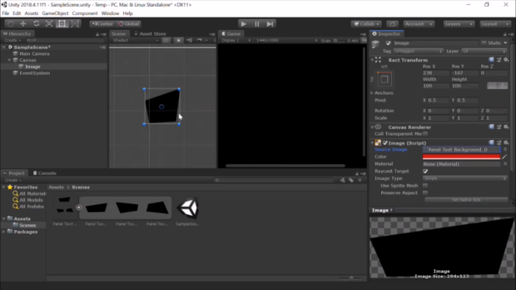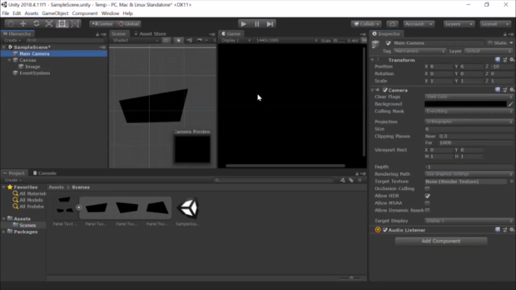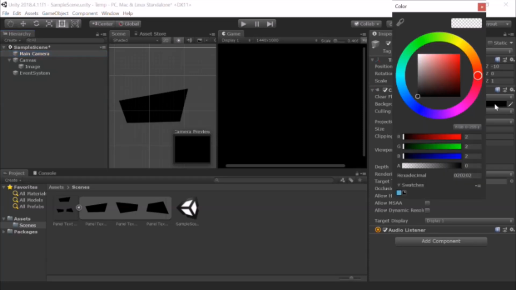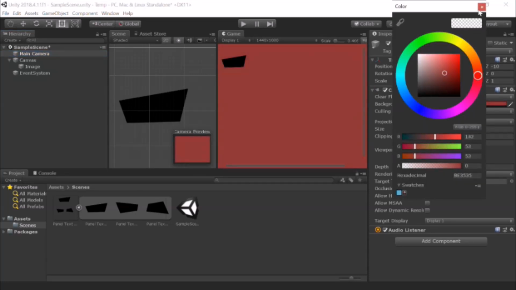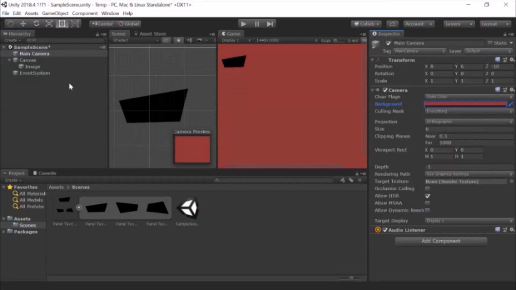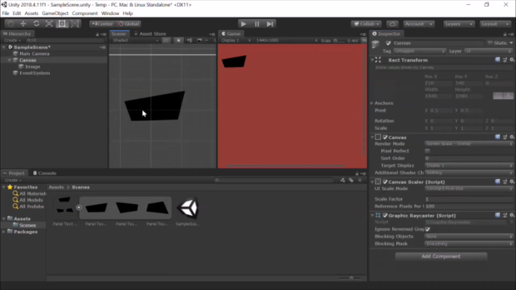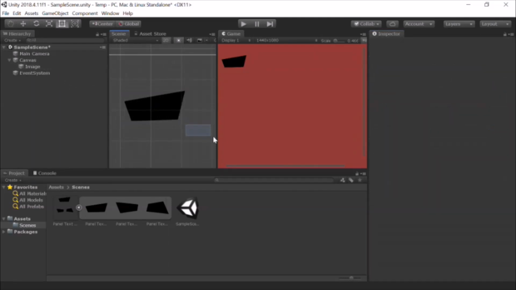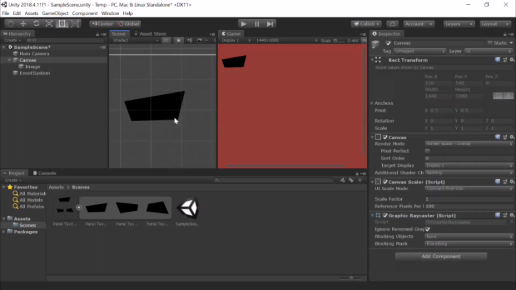See how the frame actually took the shape of this source image. Actually this image is black and the background is black, so it's not visible. So let me change the color of the camera to a bit red. Yeah, that works fine. So now you can change the image according to your need.